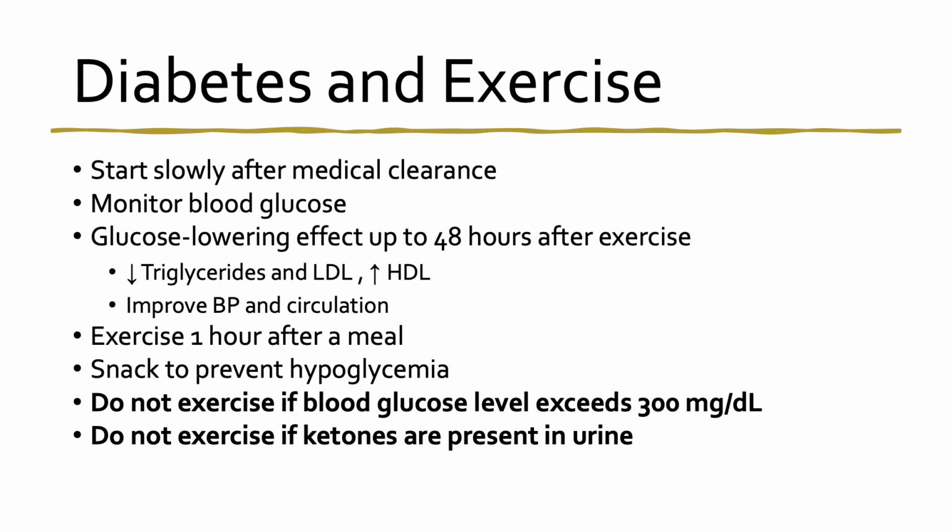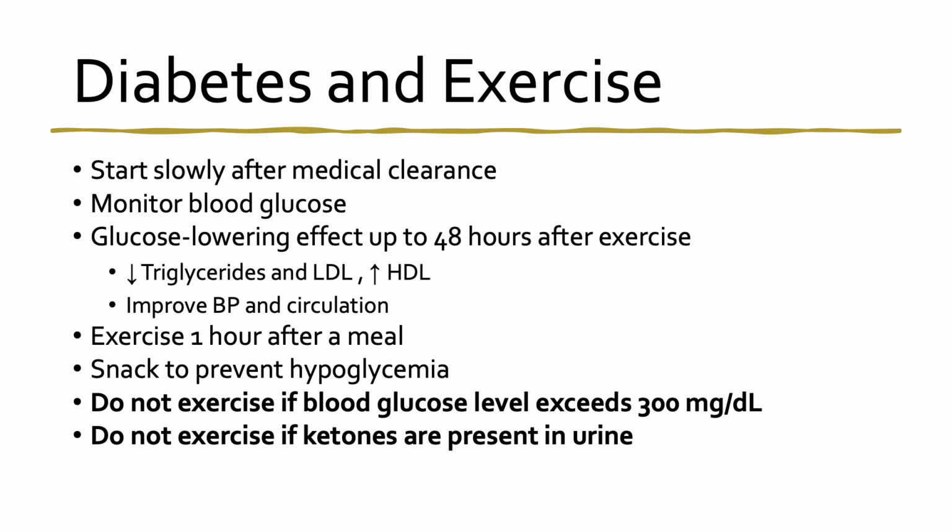But, considering the fact that the doctor told him he'd be dead by the time he was 30, he's doing pretty darn good because of constant exercise. He's practiced martial arts all his life, and carefully monitoring his blood sugars. So a good workout will lower blood sugars up to about 48 hours after exercise. It also lowers triglycerides and LDL, and it increases your HDL. It improves your blood pressure, and improves your circulation. So good exercise for diabetes is going to stave off those bad complications of diabetes.